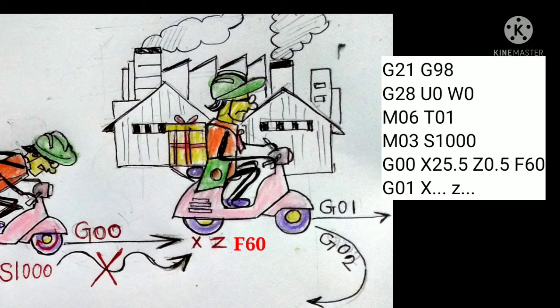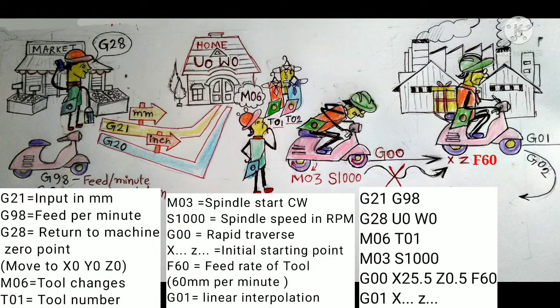Now if we write G01, then Mr. Tool goes straight away, and if we write G02, then he will go in a circular way. Actually, we use G01 for cutting tool linear interpolation and G02 is circular interpolation clockwise. So now we will write only the origin of the cutting point. Now we will see once again the program up to which it is written according to our picture.